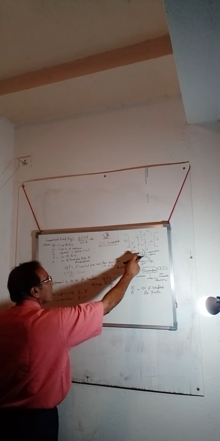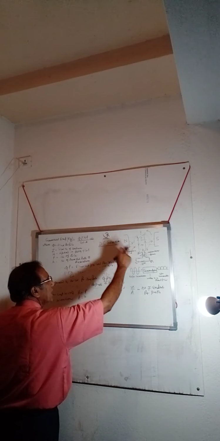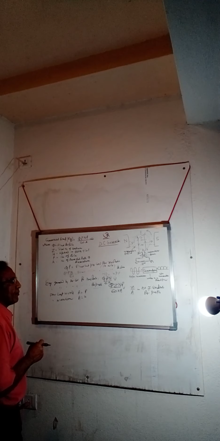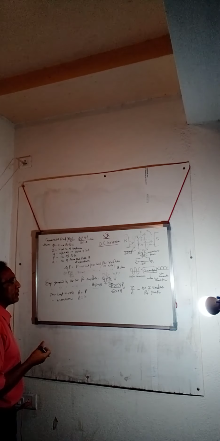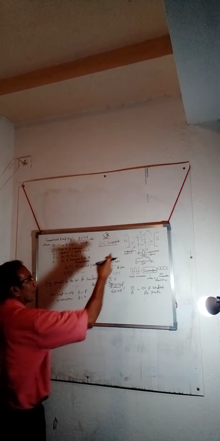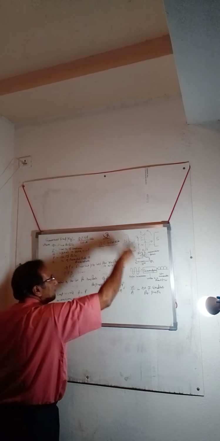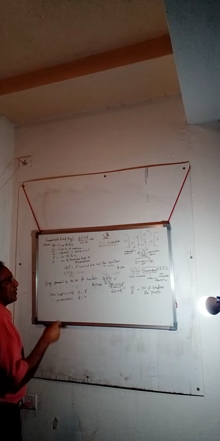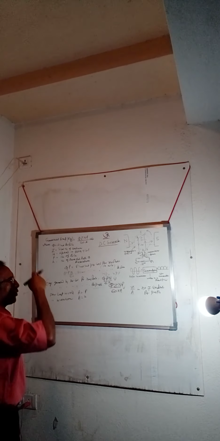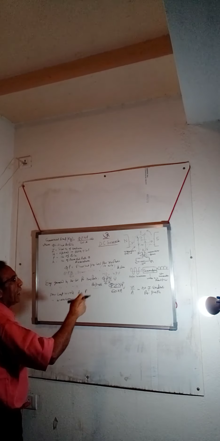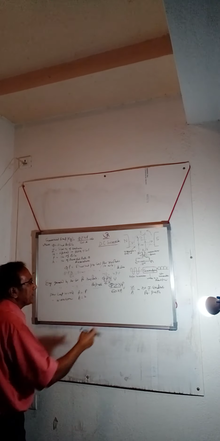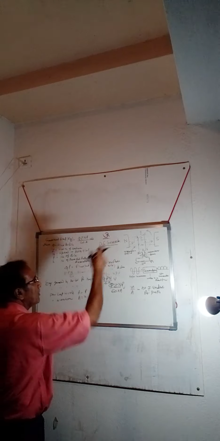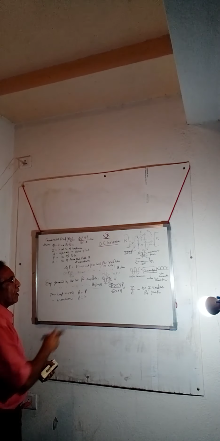Therefore, the induced EMF in the coil is known as dynamically induced EMF. But in the big machines, big generators, the coil remains stationary and the field is rotating itself. In the big AC generator, the coil is stationary and the field is rotating. This is the change between the small machines and the large machines.